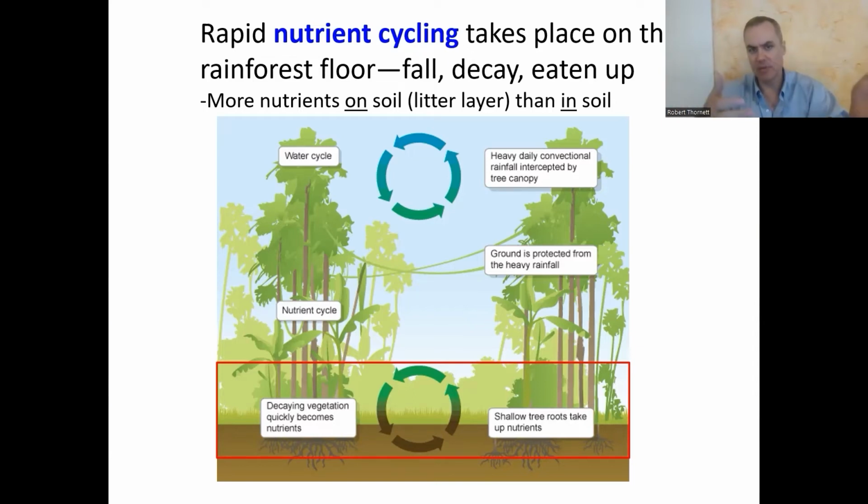You cut down rainforest and then try to put soybeans or corn or whatever. And they discover, surprise, that the soil is terrible for farming, because all the action was on top and you just cut down all the species that were providing the litter for the soil nutrients. As a result, they have to dump huge amounts of fertilizers and pesticides onto that plantation to make the stuff grow.